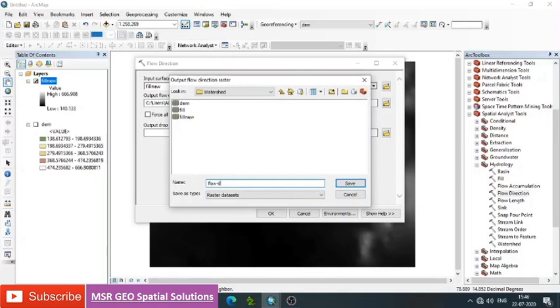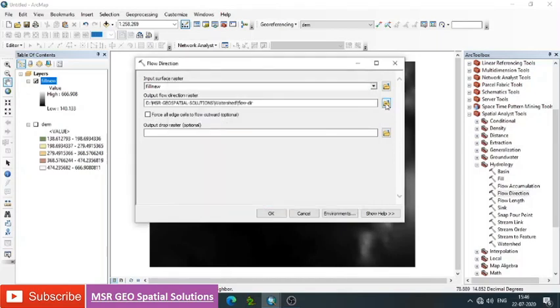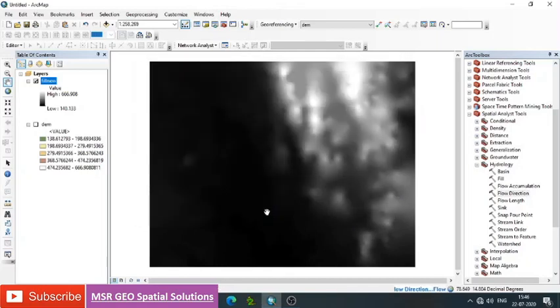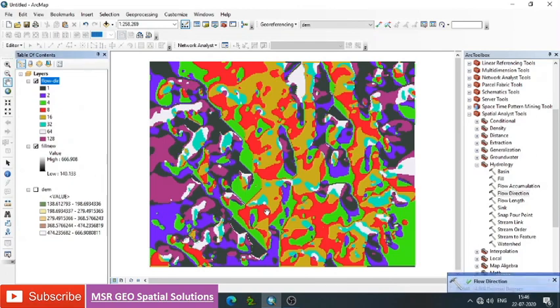Now here fill data will be the input data for the case of generation of flow directional map. Just submit. Then see that flow direction map is created. It means the slope for every grid or cell data. Now flow direction map is the base for the case of generation of basin as well as drainage lines.